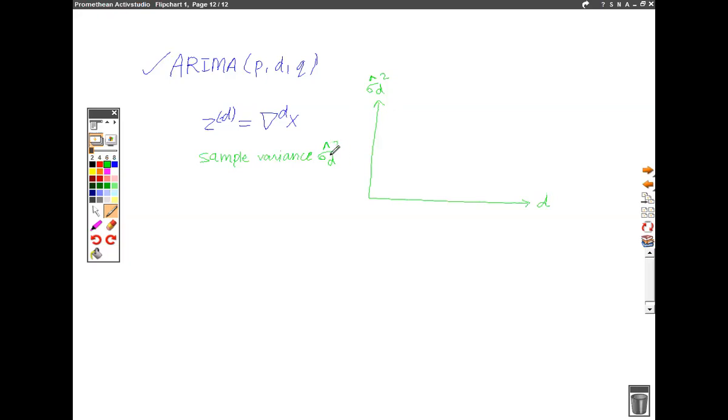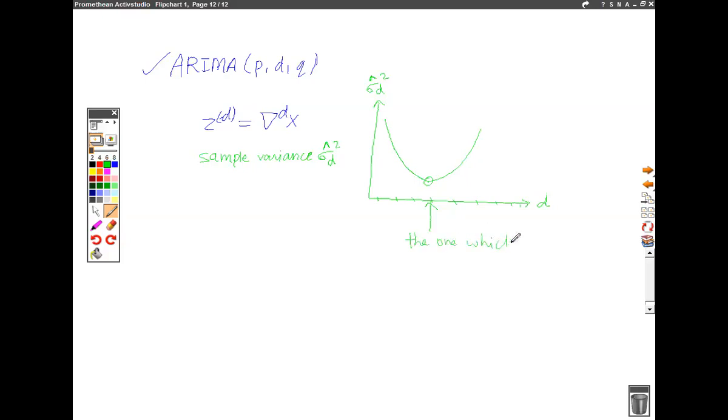So what happens is, this is generally seen as a quadratic function. For the initial differences, it might decrease in value, but then there will come some point where it again starts to increase. And it has been proven that the one which minimizes the sigma square D, so in our case, it will be this D,